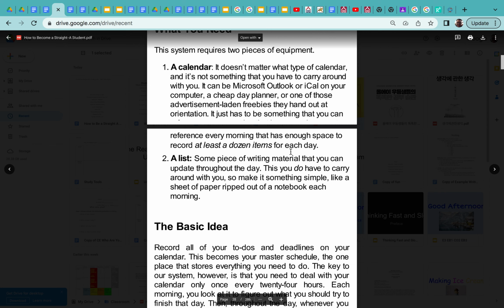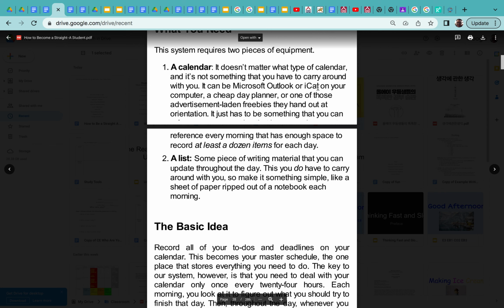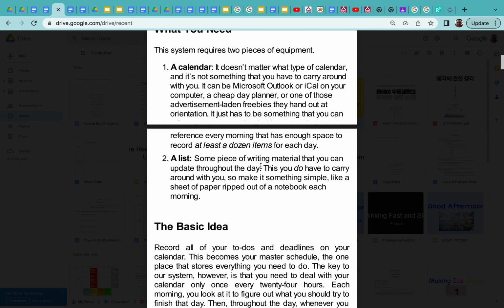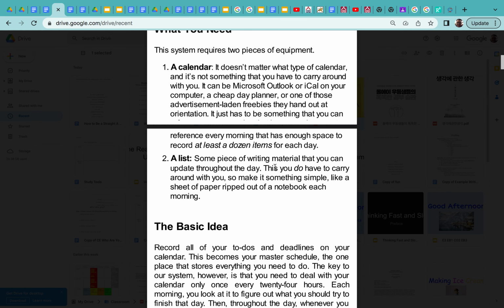All right? What else? You can use Microsoft Outlook, iCal, iPhone, whatever, right? It says anything. A list on a calendar can be, I would use your phone. A list, something to write on. So you can write on your phone, right?